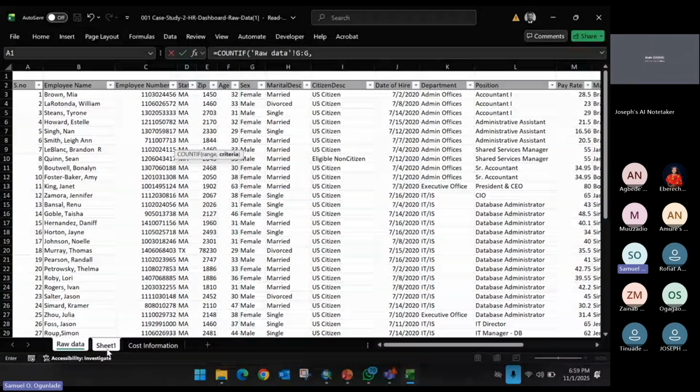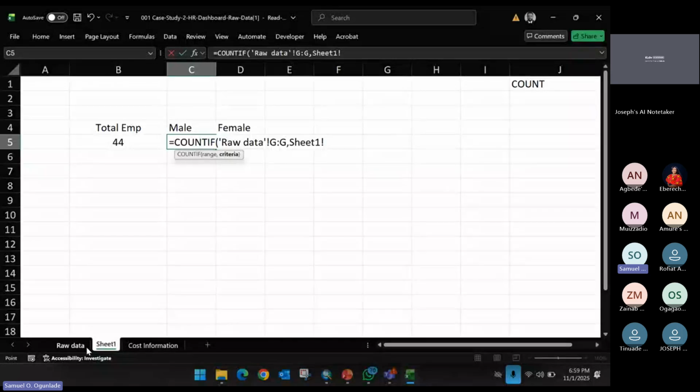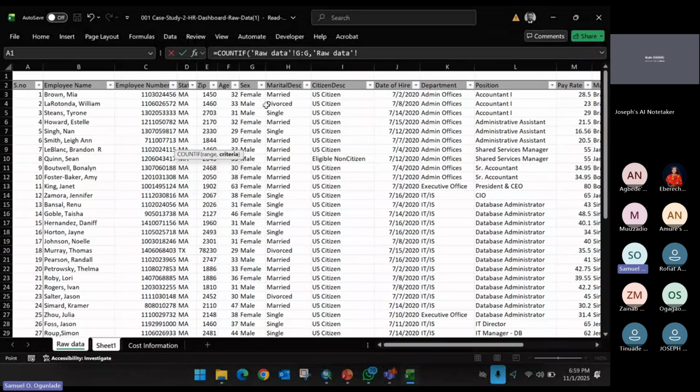You can go back to your tooltip and see that the next thing after the range is the criteria. Where is the criteria? This is the criteria. We are saying that count this whole cell if,